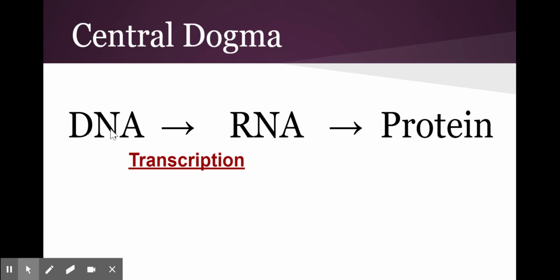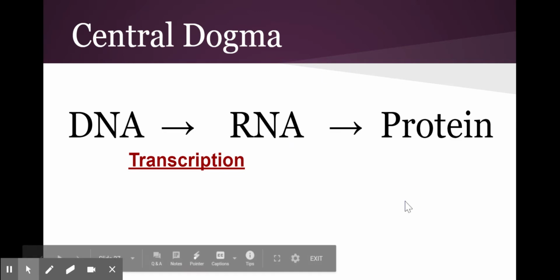What we're going to see in transcription, when we go more in depth, is how that code in DNA, those A's, T's, G's, and C's, is essentially going to get copied into RNA. It's like we're going to make a little molecular photocopy of that genetic information that we need in the cell. The second half of the central dogma says that RNA is then converted into a protein,